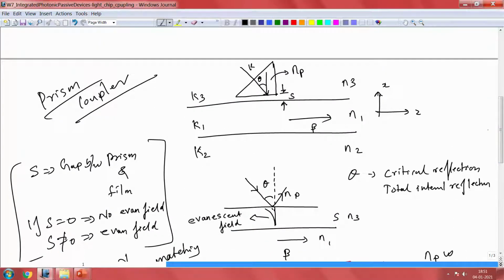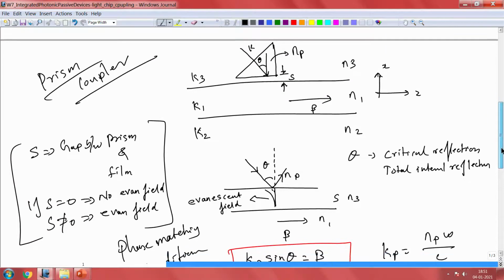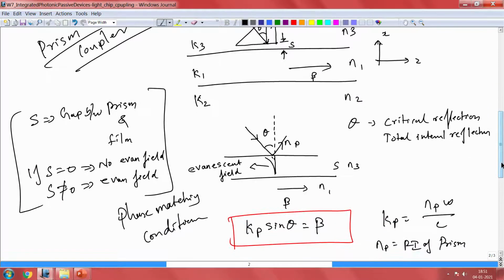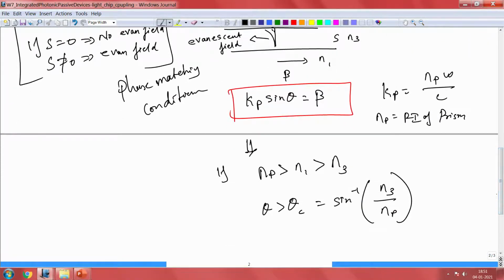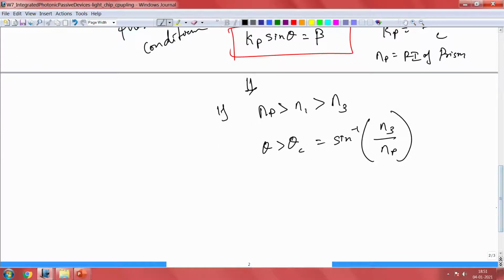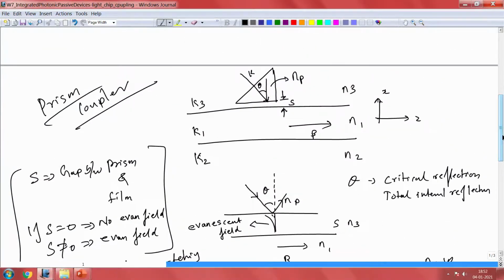But if you are going to use really high density material like III-V compound semiconductors or germanium or silicon, where the refractive index is very large, around 3.5, then we should also have prisms made out of germanium or silicon, if you want to do that. The problem in doing that is aligning your light beam into the prism here,